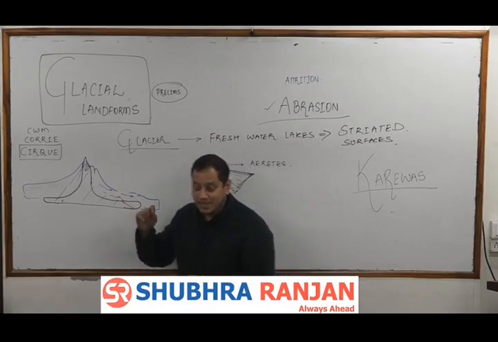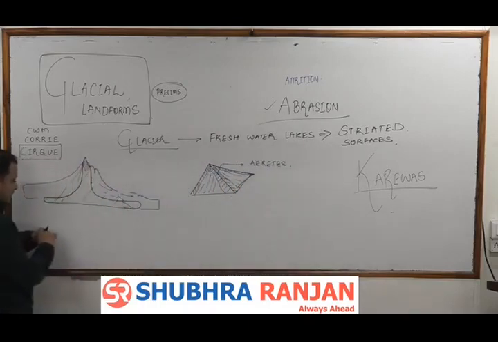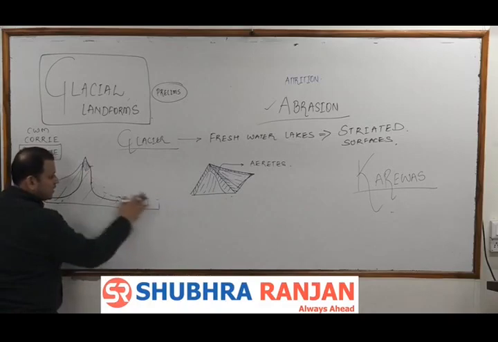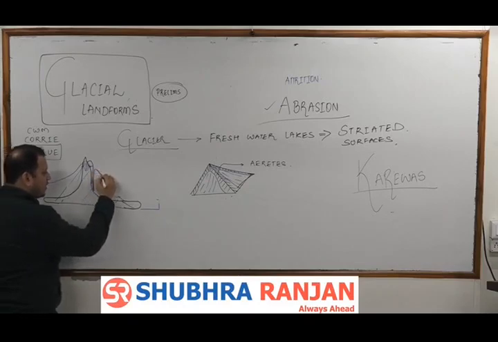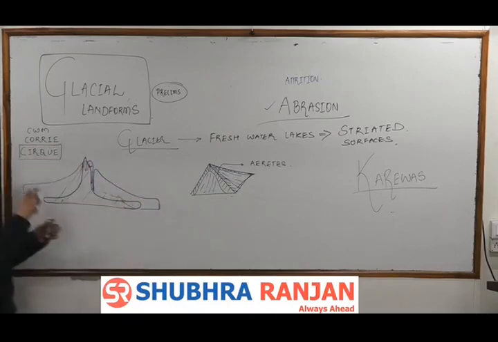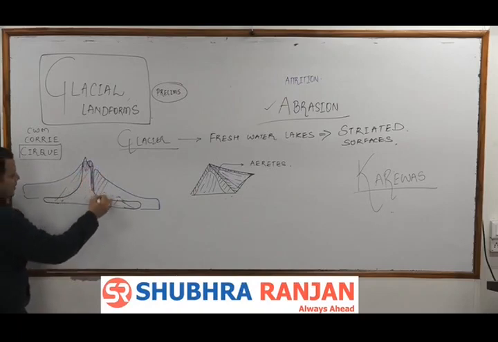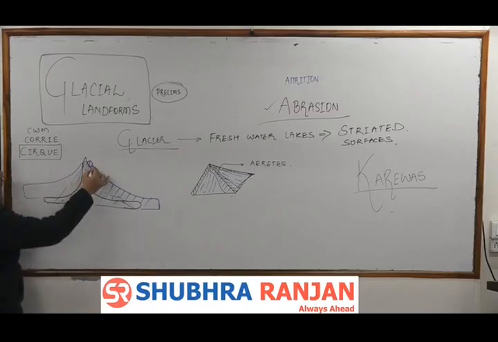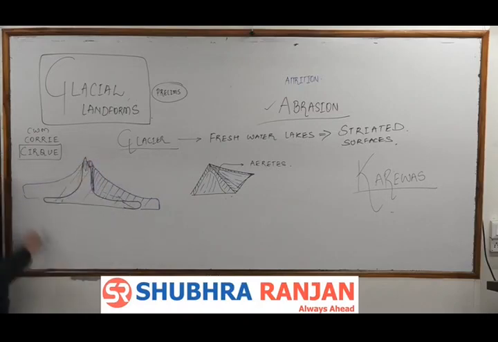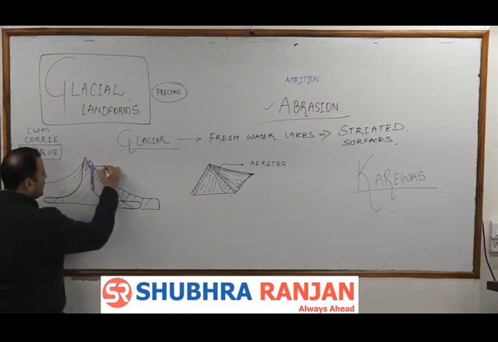And a glacier is most dangerous during the summer season, when the glacier starts melting, because there is no fresh snowfall. As a result, if this is the glacier ice, the ice will start breaking from the point where there is the most pulling effect. So if this is the ice here, this is the point where the ice will start flowing. And if you start climbing from here, maybe you will not see a very superficial layer of ice. And because of this, you can fall down into the deep crack, which is known as